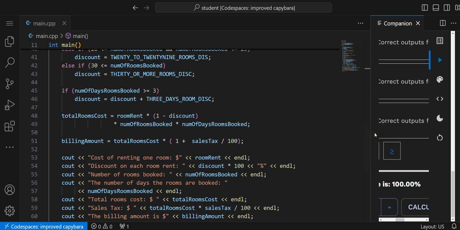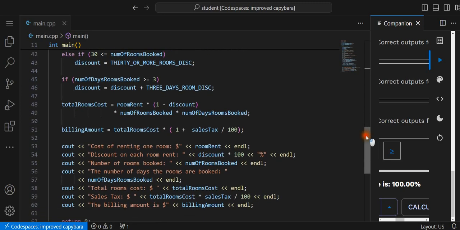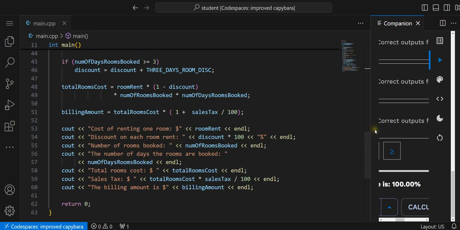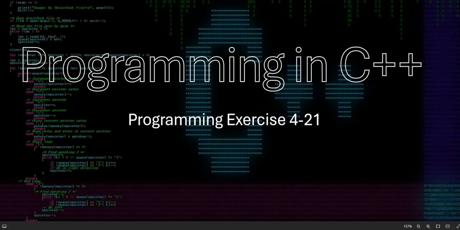41 to 60. And as you know, go ahead and pause it if you need more time. And that's the end of it. Alright, so we're going on to the next one. We'll see you on the next exercise, which is going to be Programming in C++, Programming Exercise